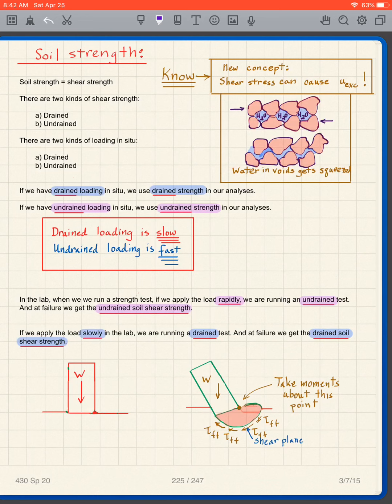And notice, what does that mean? Shear stress causes the excess pore pressure. So, new concept, you need to know that the shear stress can produce an excess pore pressure. Then the issue with why we use these undrained and drained terms refers to how quickly that excess pore pressure will dissipate. So in other words,